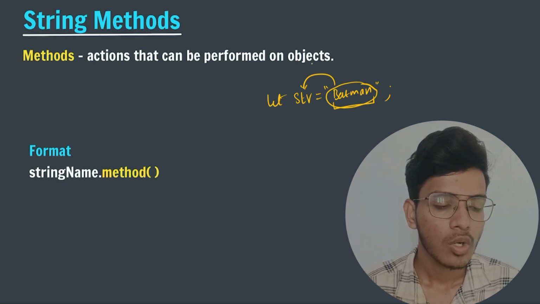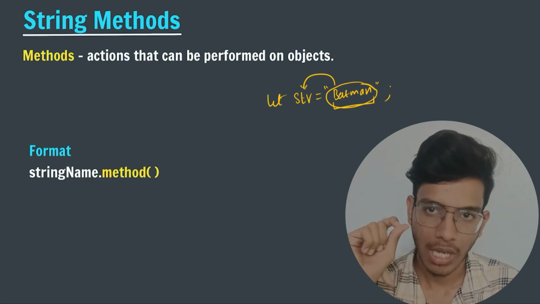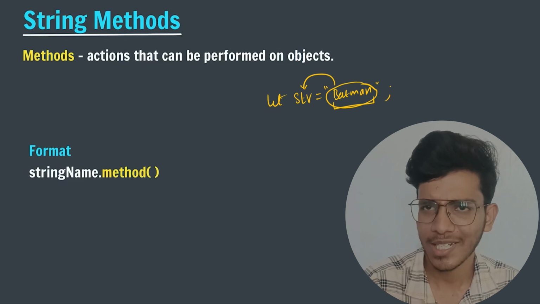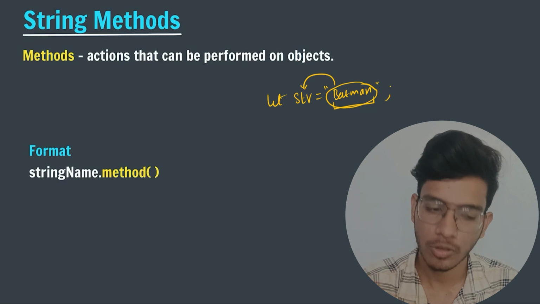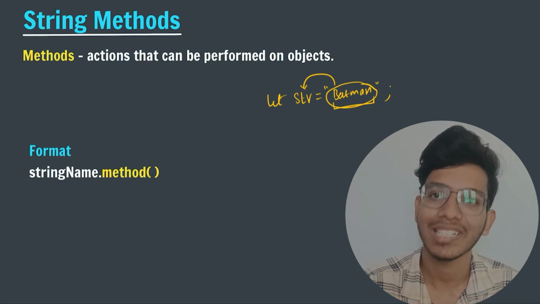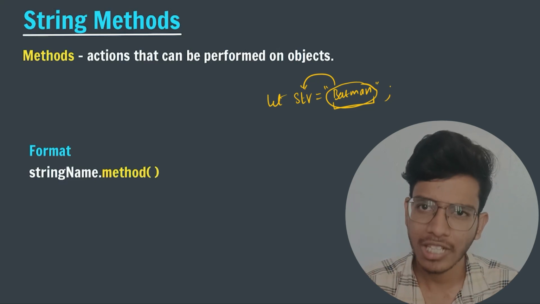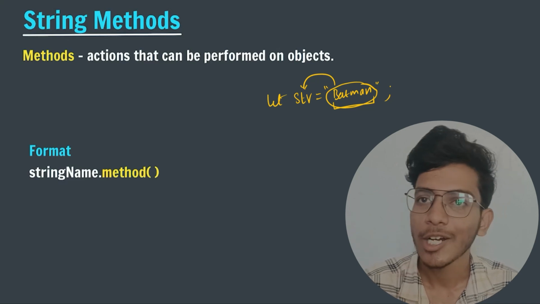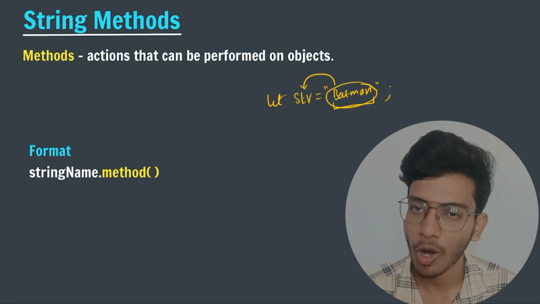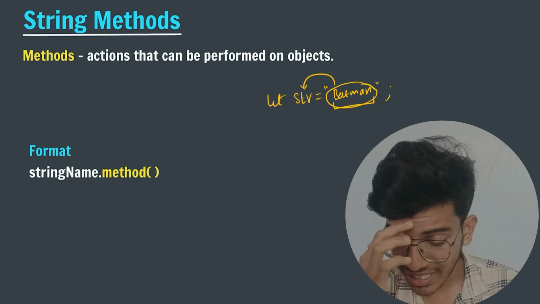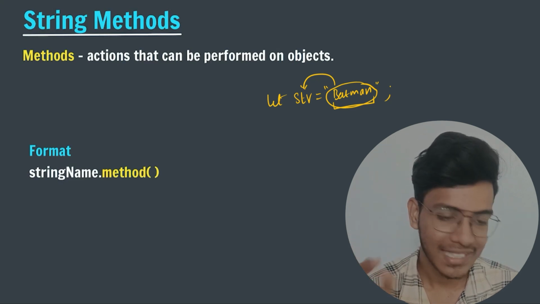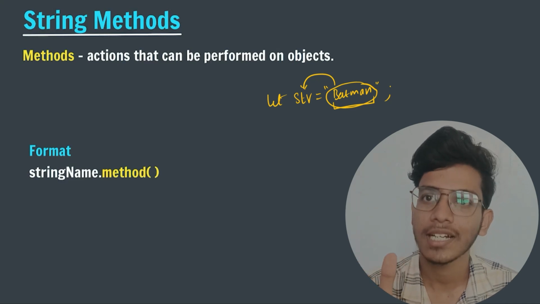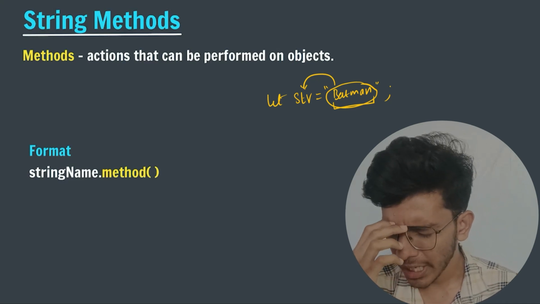Okay, so in this session we are going to talk about how, now that I have created a string, we can perform different operations on it. Operations are nothing but methods. There are various string methods which we generally use to perform different operations on strings. And if you are very new to programming, then I think this is the first time you are hearing the word method, right? So you can consider